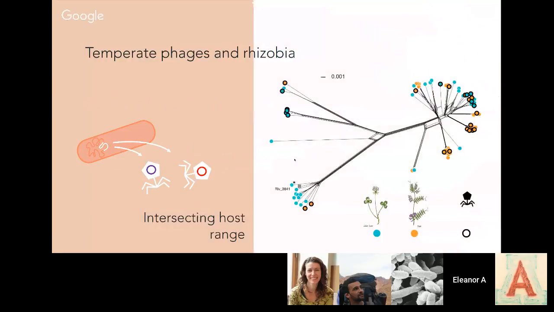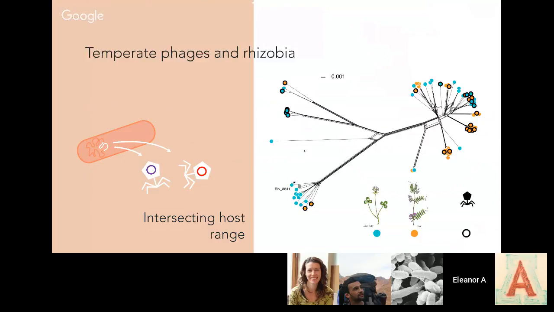And what's nice about this system is that the bacteria is then interacting with two very important partners, its temperate phages and its plant hosts. And both of those relationships are imposing strong selection on the population. So this is a